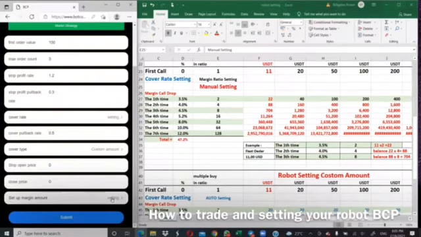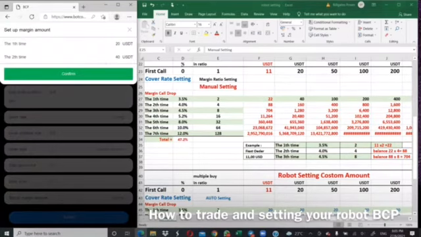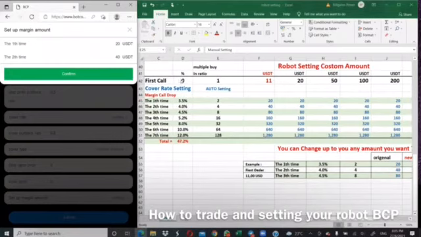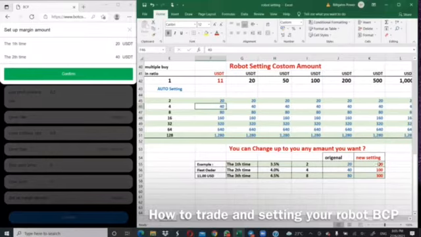After you click constant amount, you can setting here $200, $400, up to you. Okay, this one constant amount you can change anything. For $20, $40. This one you can change. For example, you don't like $20, you can change to $30, you can change to $100, you can change $300, up to you. $31, $1, $2 also you can change.